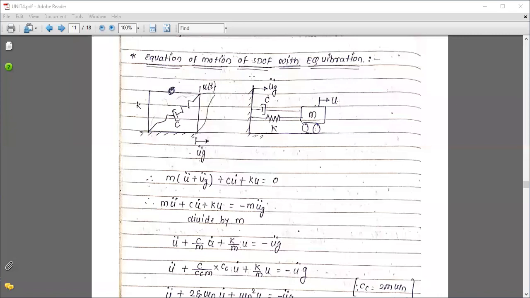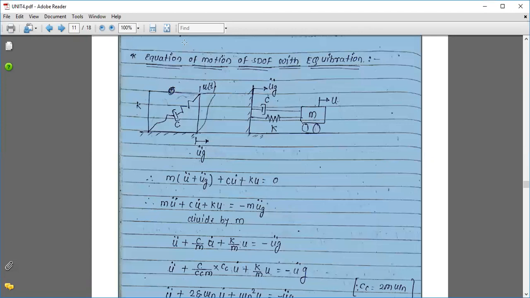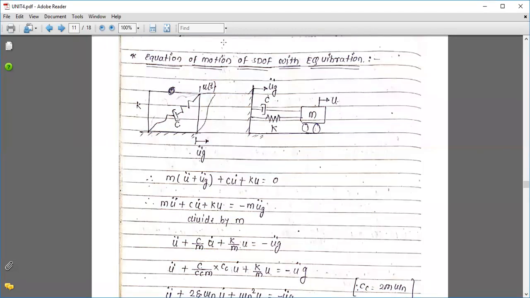So for that purpose, keep in mind that the vibrating table is there in our earthquake engineering lab. One day I will show you live how to check the behavior of the structure with respect to the small models, with respect to the experimental work, by using the vibrating table.